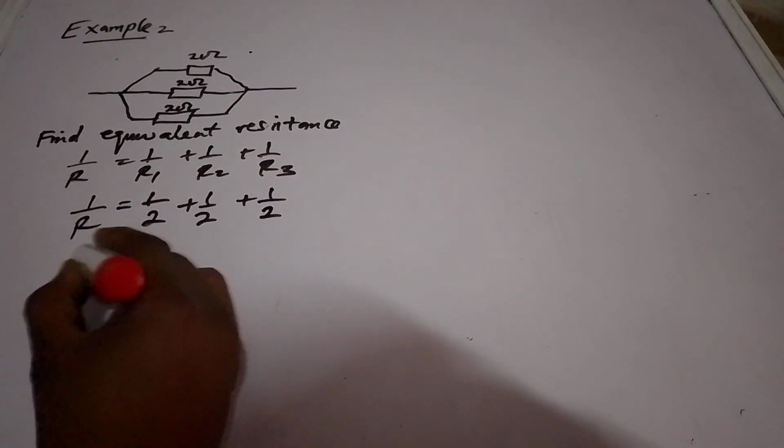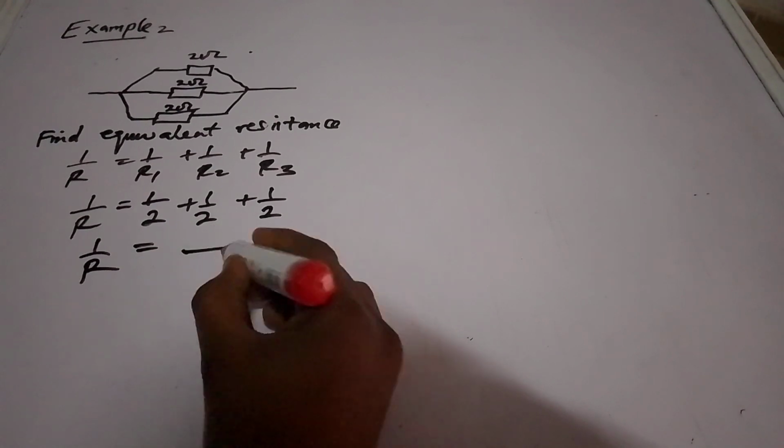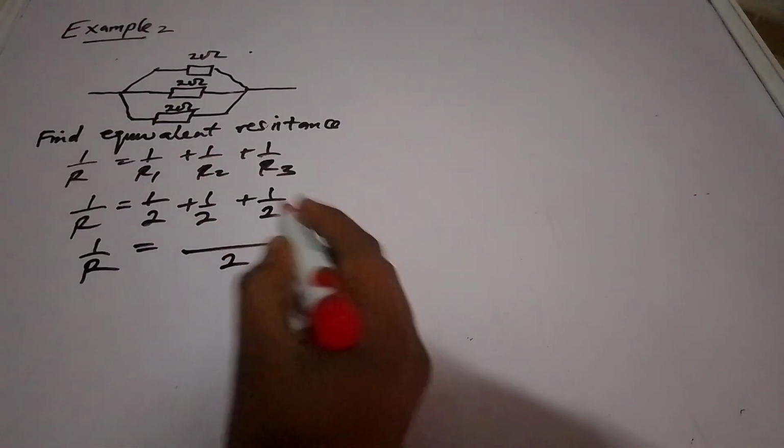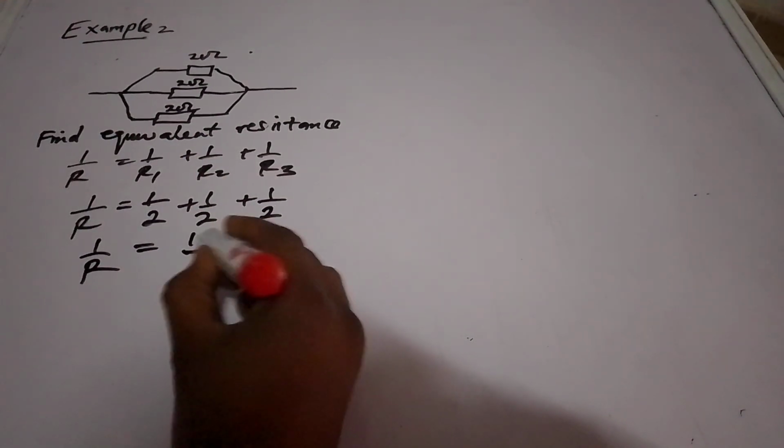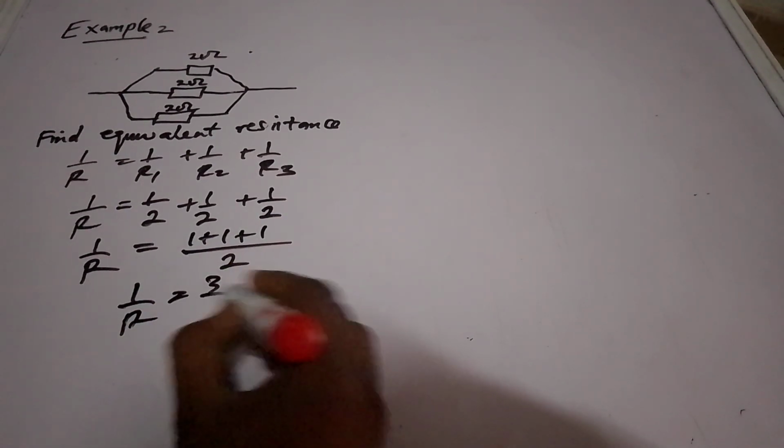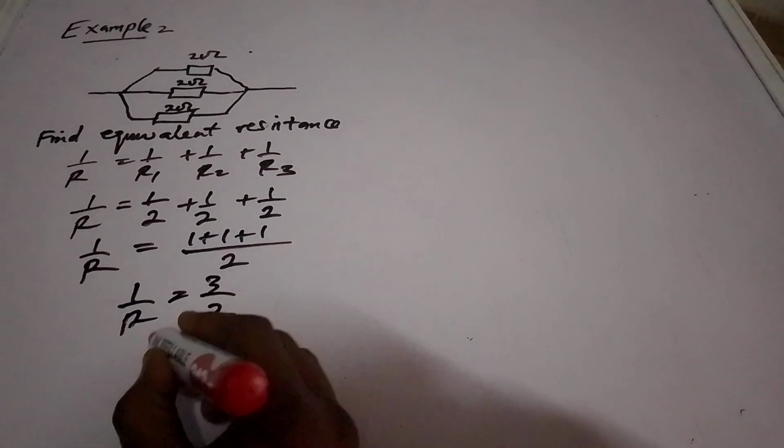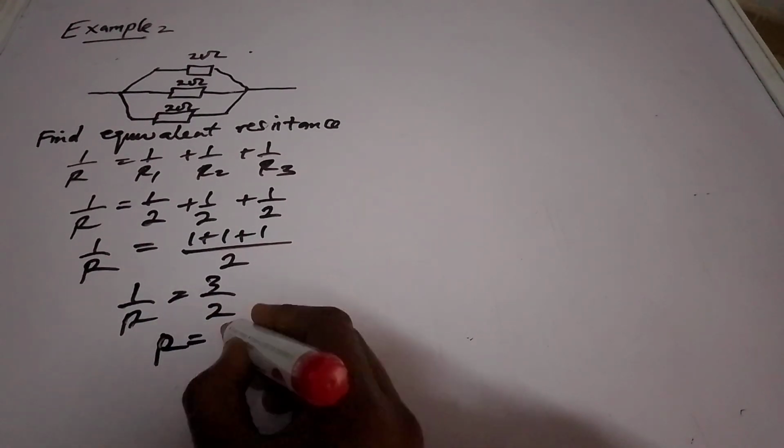So let's find the LCM. And the LCM is 2. And if the LCM is 2, you know that this is going to be 1 plus 1 plus 1. So 1 over R is going to be 3 over 2. So what's our resistance in this case? Our resistance in this case is going to be